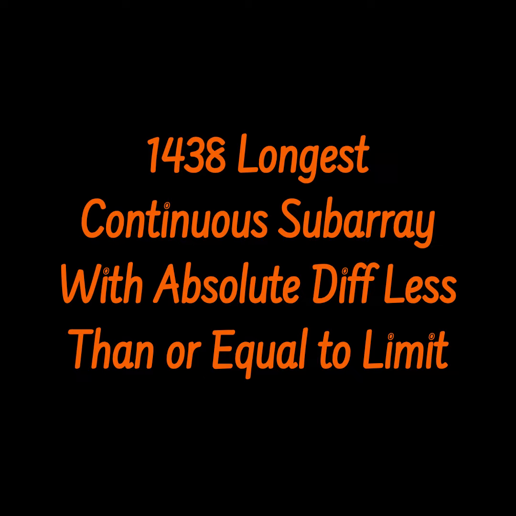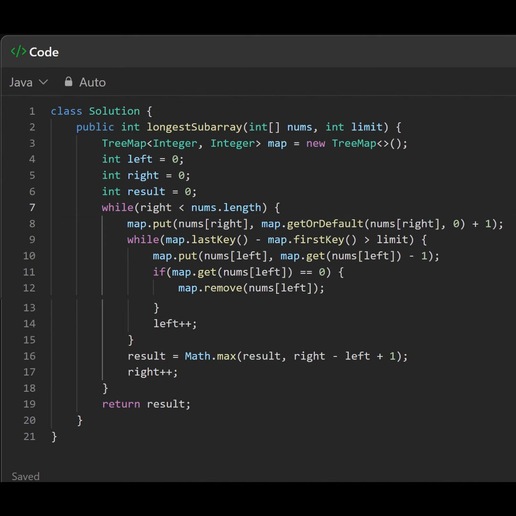1438 Longest continuous subarray with absolute diff less than or equal to limit. This Java code finds the longest subarray where the difference between the maximum and minimum elements is at most limit. It uses a sliding window approach with 2 pointers, left and right, and a tree map to keep track of